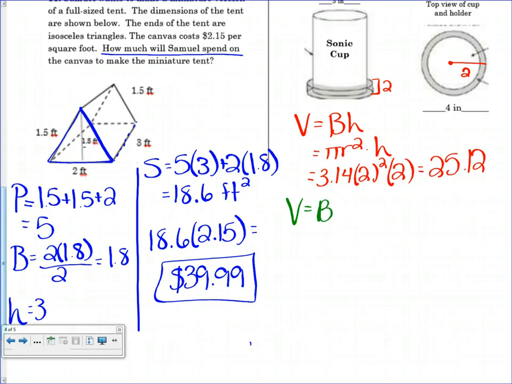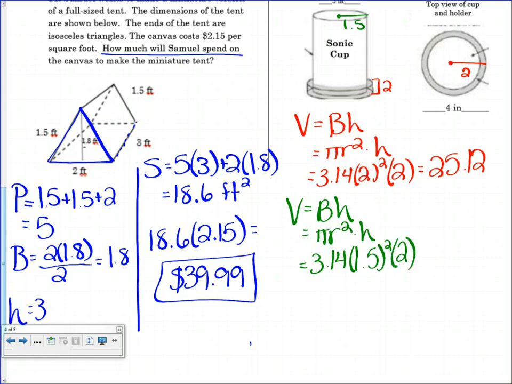So our cup is also a cylinder, so it's the same process. Pi r squared times the height. They told us the diameter of our cup is 3 inches. So the radius, we're going to use 1.5. So we're going to do 1.5 squared times the height. We're going to use 2 again because we only need this part of the cup that's sitting inside the cup holder. So multiply all of that together, and we get